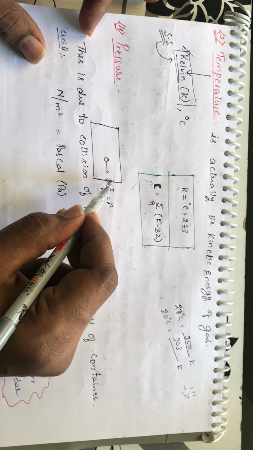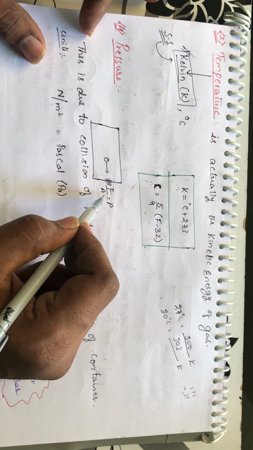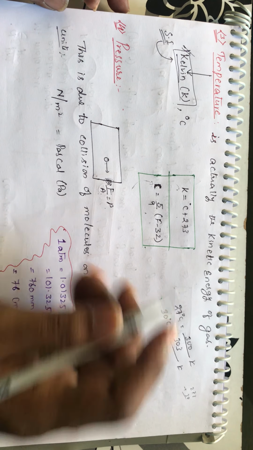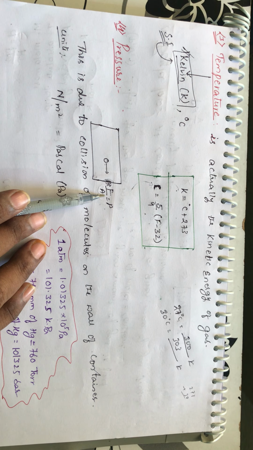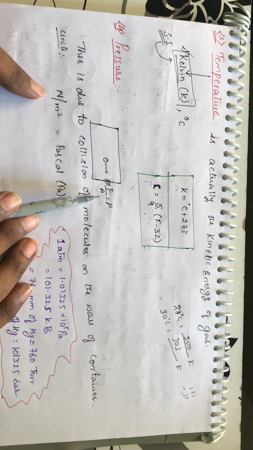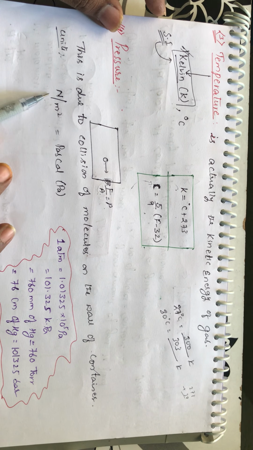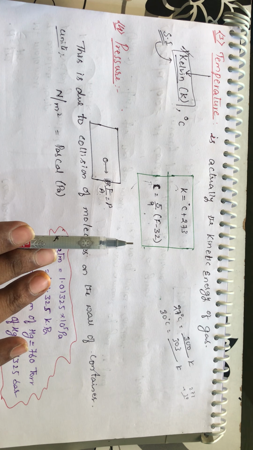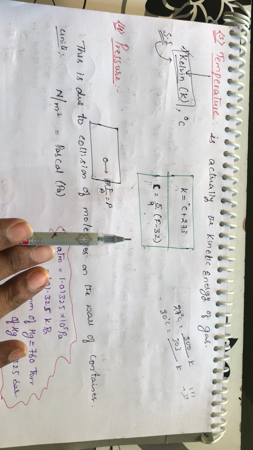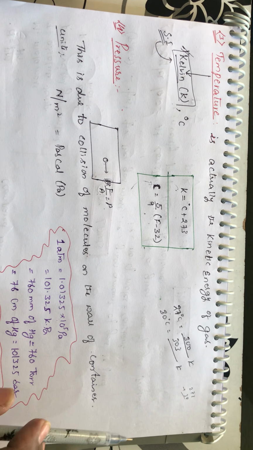On this area there is a force exerted by the gas particle. That force exerted on that particular area is called pressure. Force is generally taken in newtons and area in meter square, so the unit of pressure is newtons per meter square, which is also called Pascal. Why does pressure come into existence? Pressure is due to the force exerted on the wall of the container by the gas molecules.